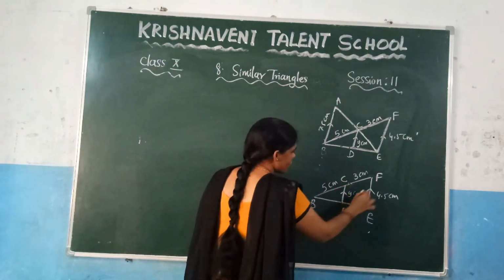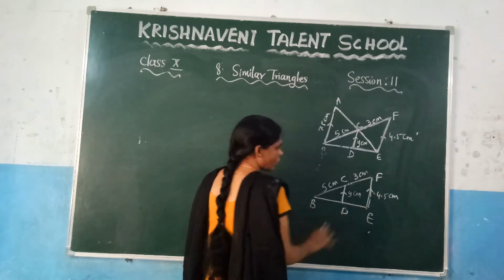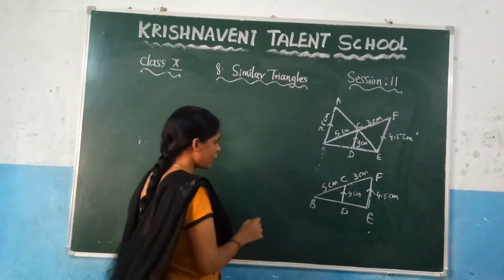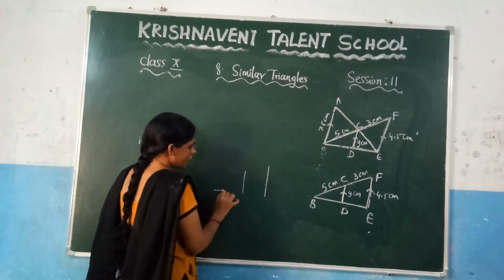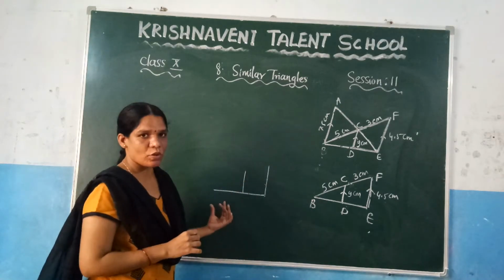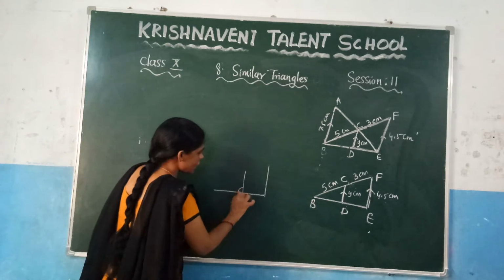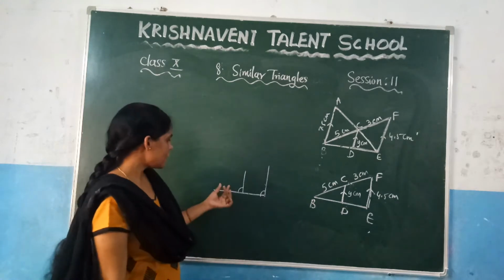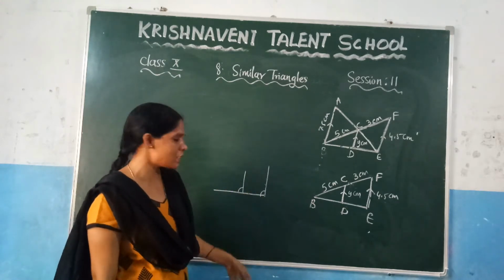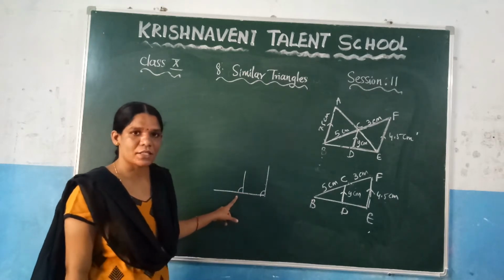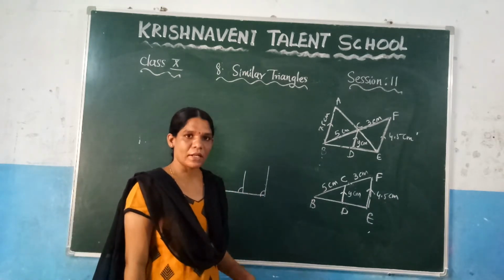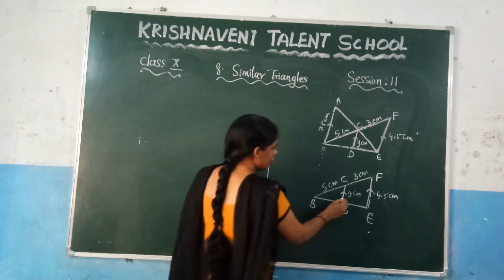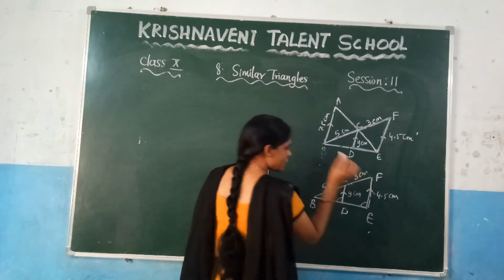So you know that these two lines are parallel. If these two lines are parallel, what we can call this line, which is the transversal. So here we got these two lines are parallel, and if you are drawing one line, we call this line a transversal. And what are these angles? These angles are nothing but the corresponding angles. What are the corresponding angles? The angles that are lying on the same side of the transversal, one is interior and the other is exterior. And this is nothing but the corresponding angles, and you know that by the corresponding angles axiom, these two angles are equal. So clearly you will get this angle is equal to this angle, right?